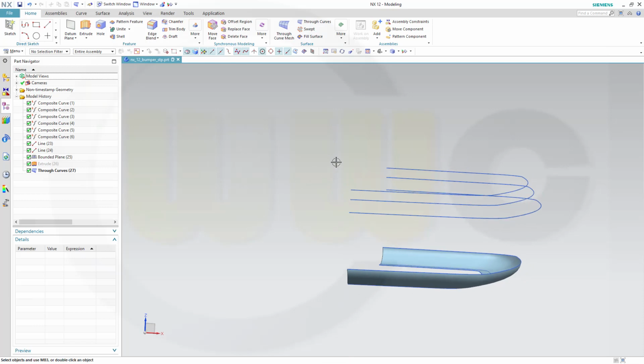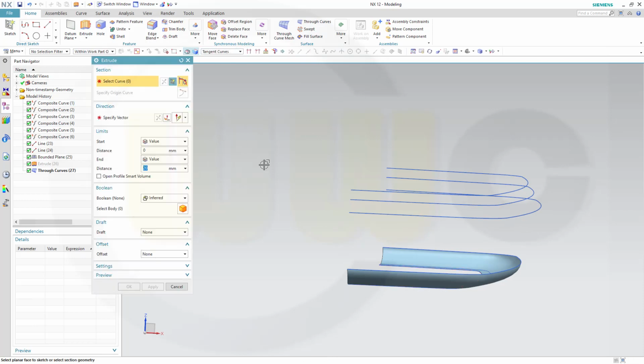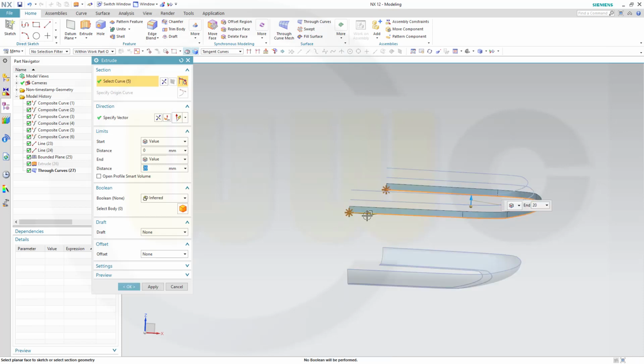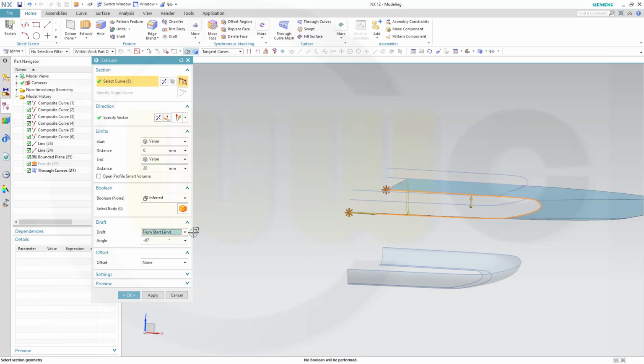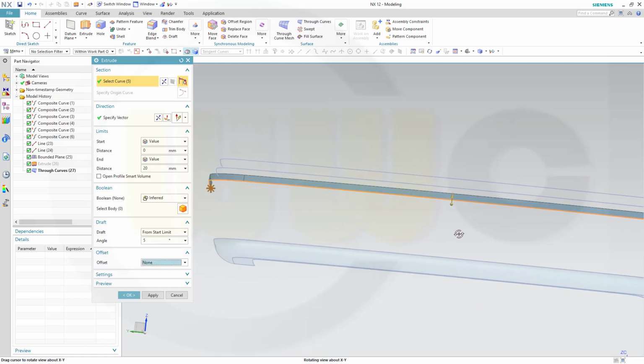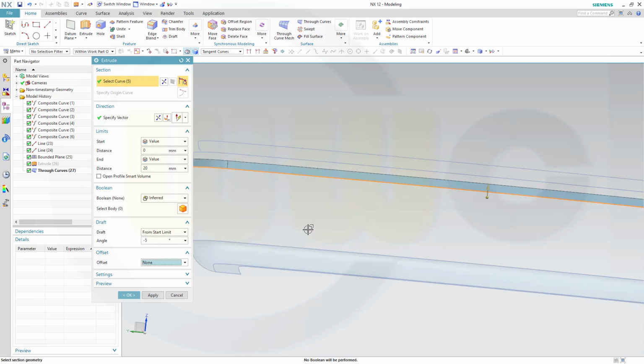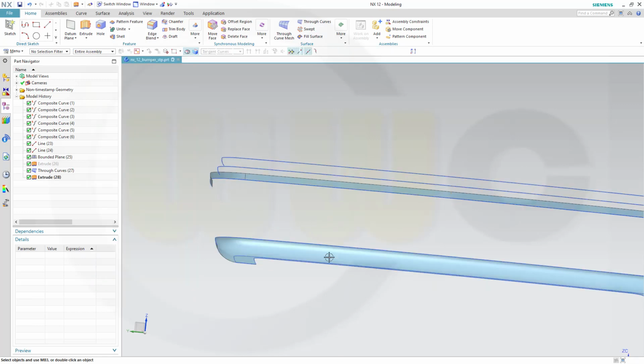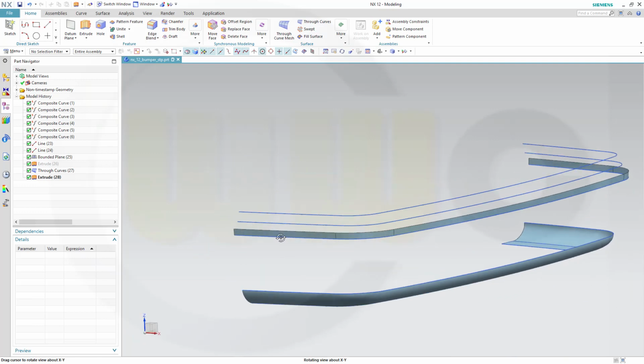I want to have another through curves surface from this one to that one, and therefore I will need another extrude. So go to extrude with that tangent curves, yes, but I want to have a draft from start limit, and that should be 5 degrees. Let's take a look if it's in the, maybe it should be the other way around, it should be -5. Yep. Okay, and now let's do another through curves